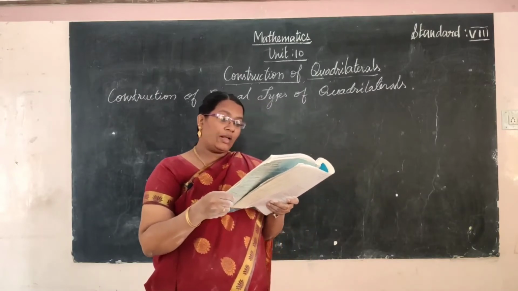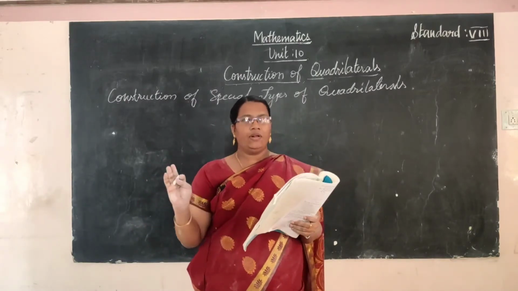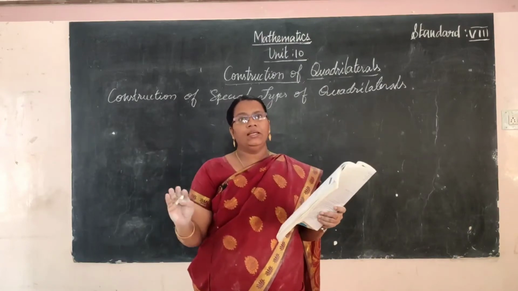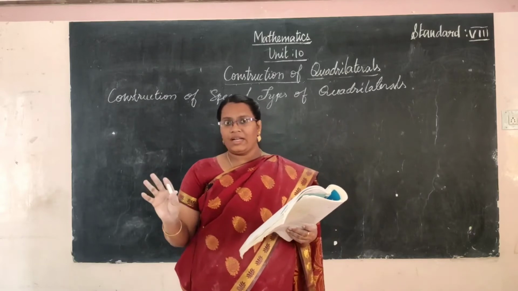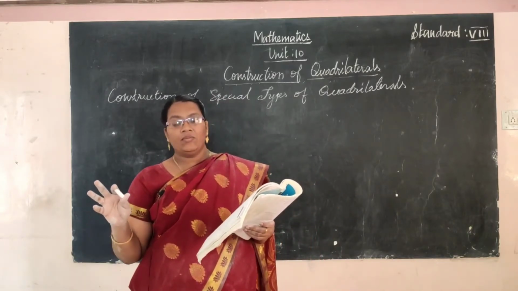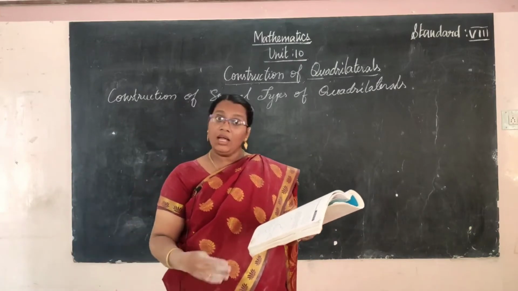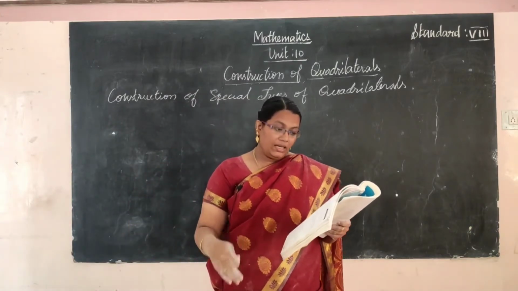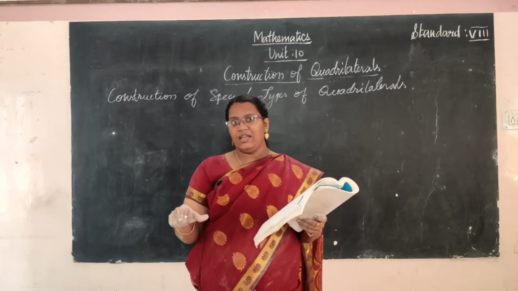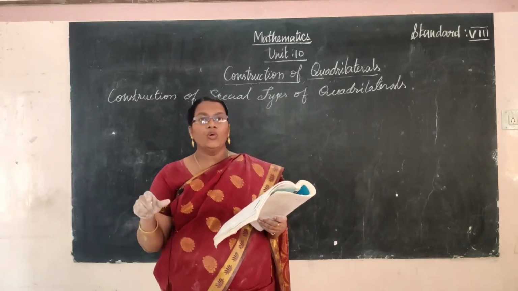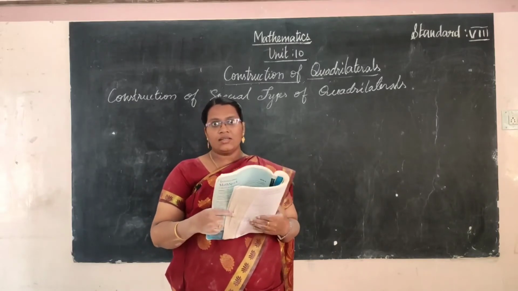Construct the parallelogram. Okay, so in a previous class we have learned how to make the quadrilateral. We have used 4-5 types, is it? We have seen in the previous classes which measurements are needed to make the quadrilateral. Okay, here construct the parallelogram. Specify the names. Okay, you already know about the quadrilaterals, is it?